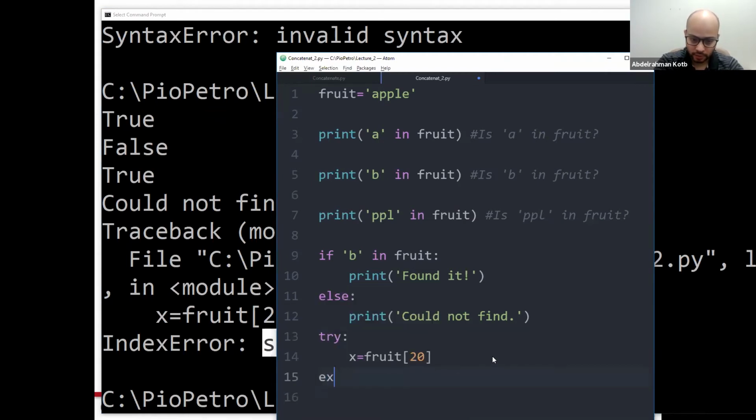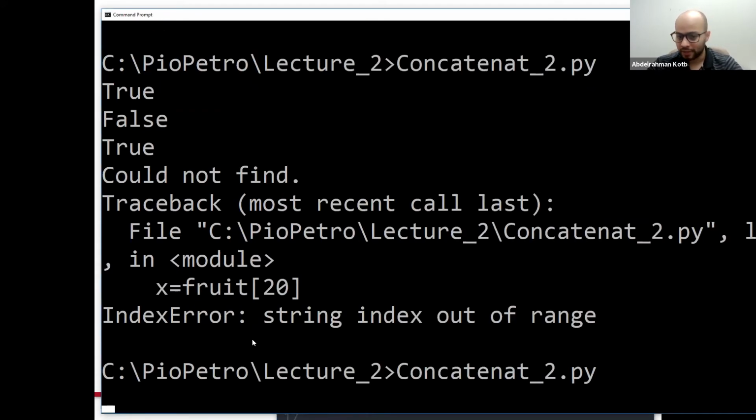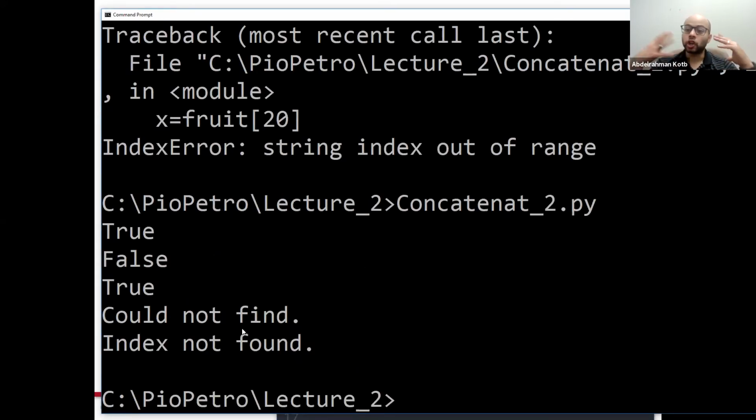Except, print index not found. So if I run this now, it's going to tell me index not found. It's going to try this line that I put for it. And then it's going to tell me, look, index is not found.